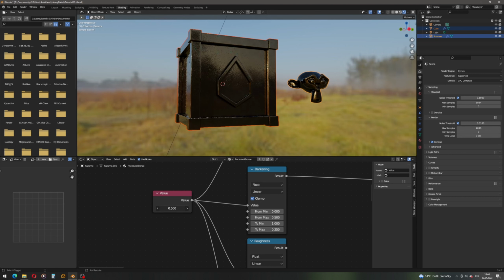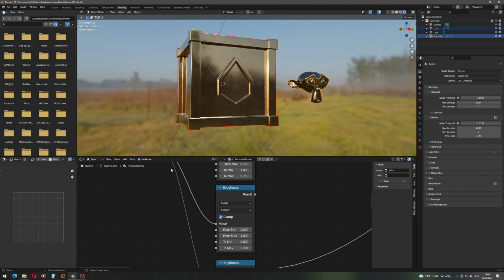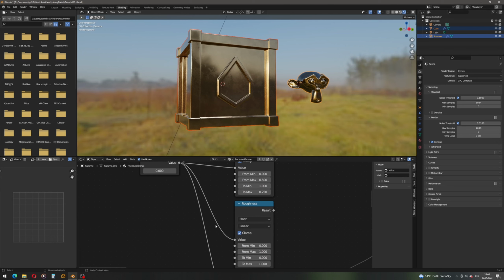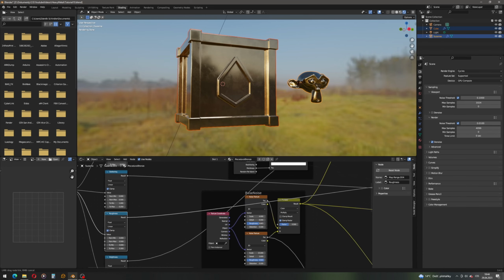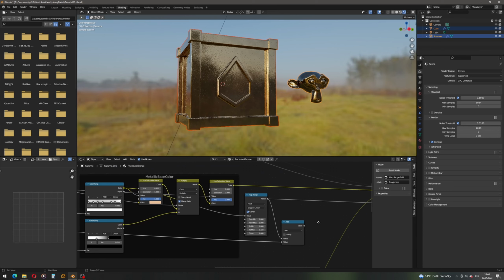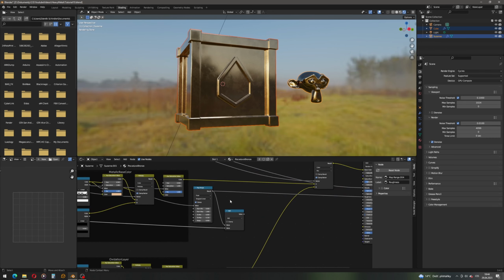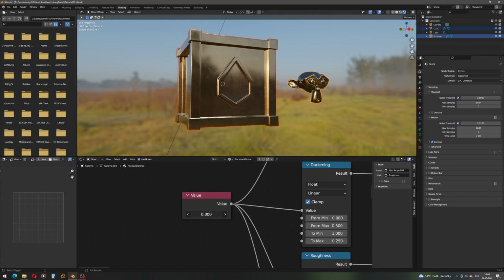Okay, and what we will also do, we will add some roughness as the value progresses. So at 0.5 we will add 0.3 to the roughness. So let's plug in the result to the roughness, to the add. Okay, so this should be actually our roughness now. Let's see what we have. Let's try to drive the value 0. Okay, and we are going rougher,